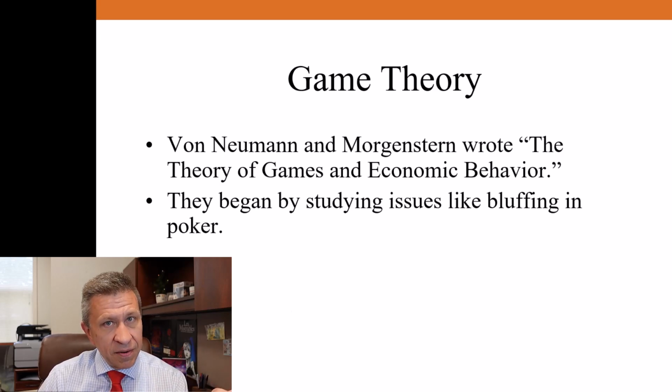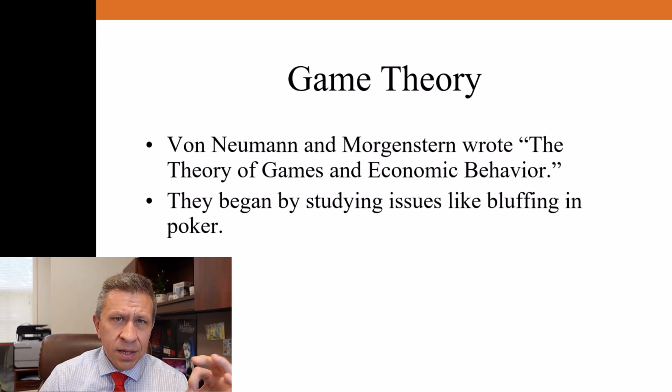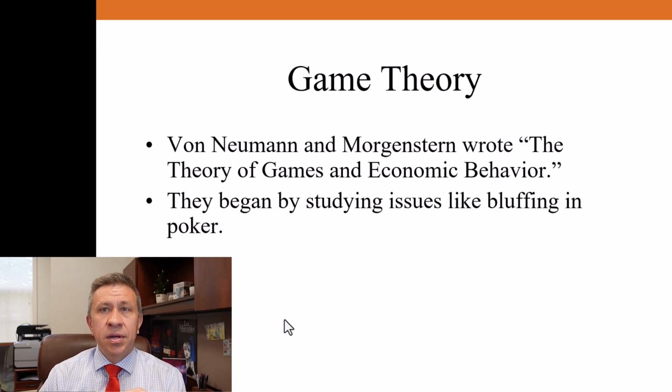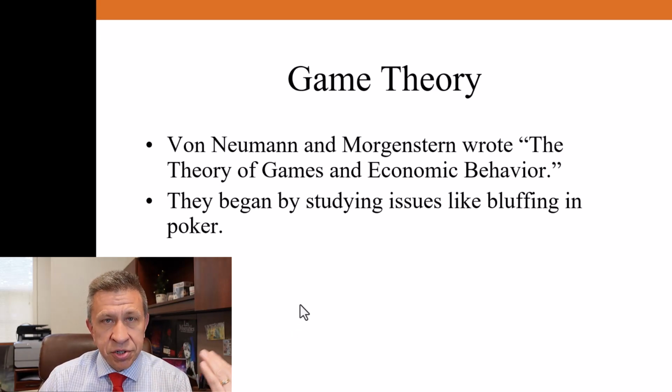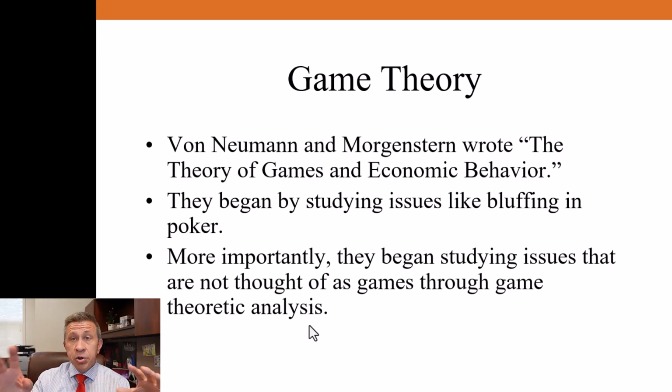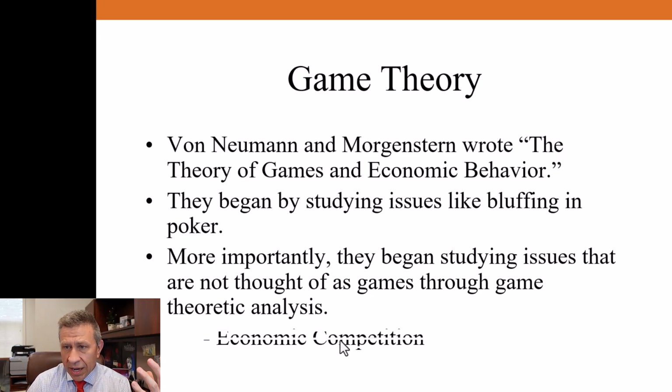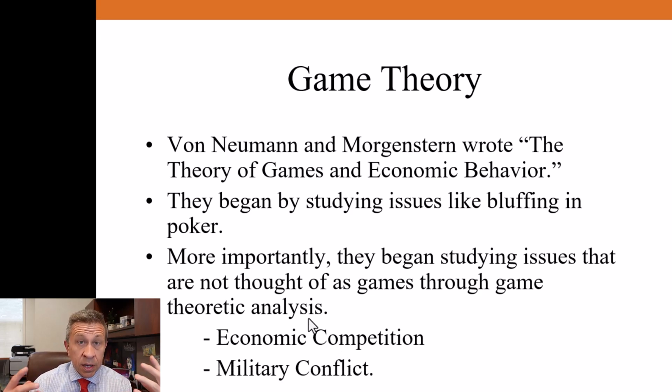John Nash, whom many of you would have heard of, is the subject of the 2001 Academy Award-winning movie A Beautiful Mind. He really helped catapult the discipline with his dissertation and other work in the 1950s. But von Neumann and Morgenstern began studying issues that aren't thought of as games through a game theoretic analysis. So economic competition, military conflict, a couple big ones, right? I mean, game theory has been used to think about nuclear weapons and nuclear deterrence. Nothing funny about that, nothing game-like about that. Very serious issues, but game theory analysis helped provide some insight, including